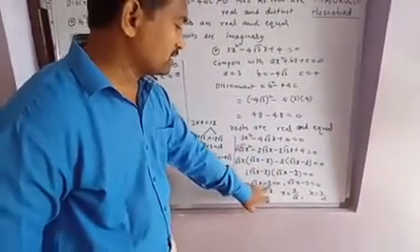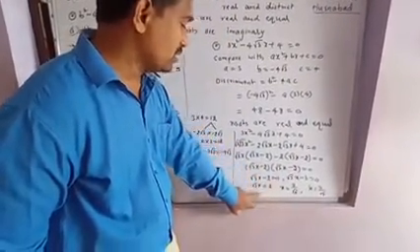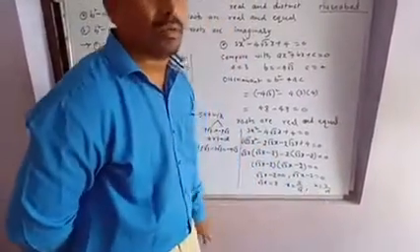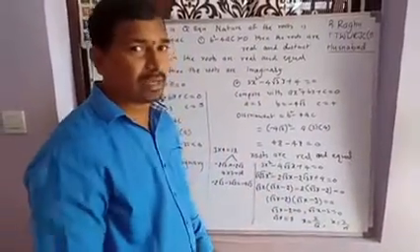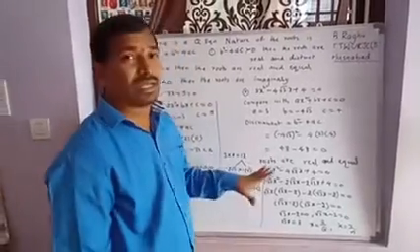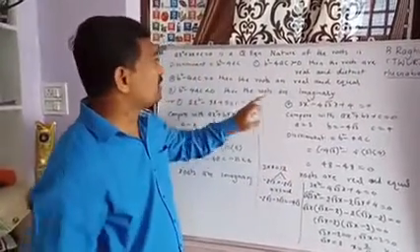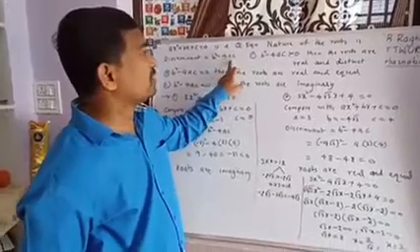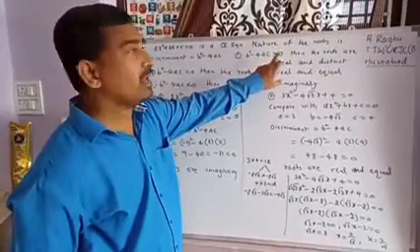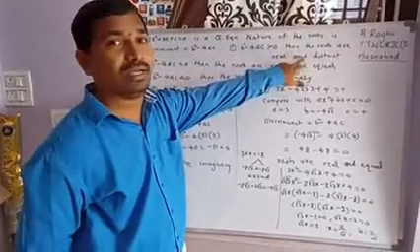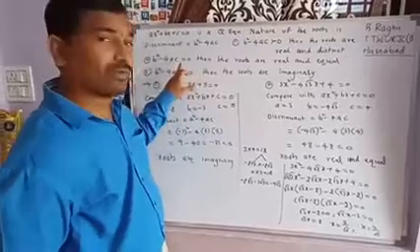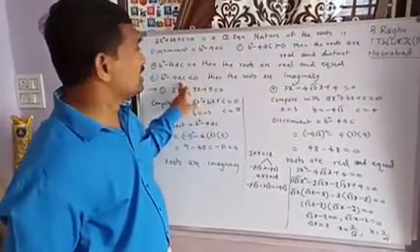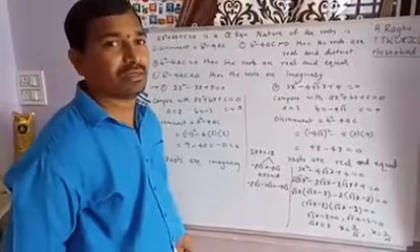So root 3x minus 2 equals 0. Root 3x equal minus 2, transpose right side plus 2. So x equal to 2 by root 3. Here also x equal to 2 by root 3. Roots are real and equal. So this is the nature of the roots. Nature of the roots is depending on the discriminant. What is the discriminant? b square minus 4ac. b square minus 4ac greater than 0, real and different, distinct. b square minus 4ac equal to 0, real and equal. b square minus 4ac less than 0, roots are imaginary.